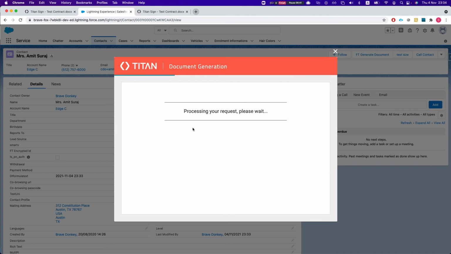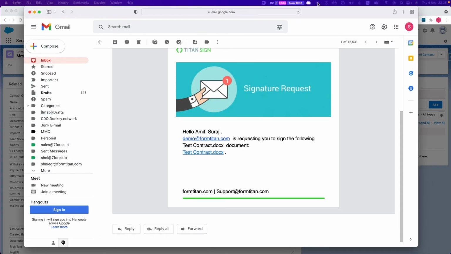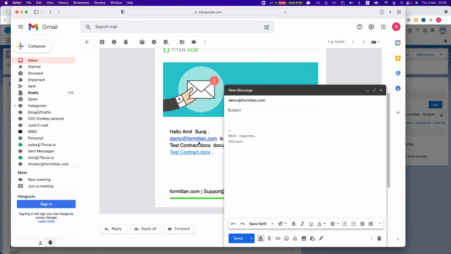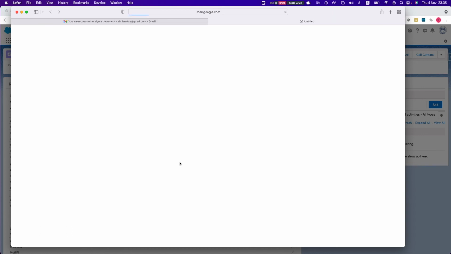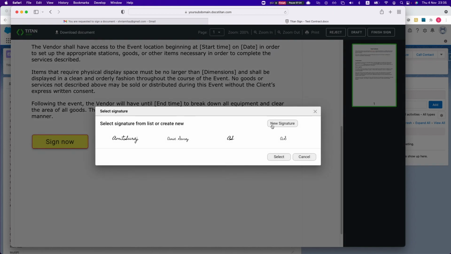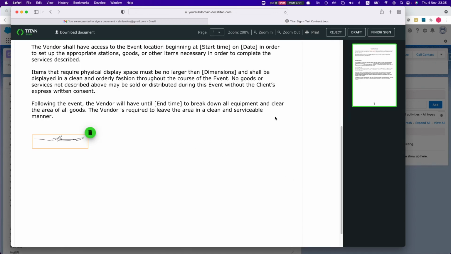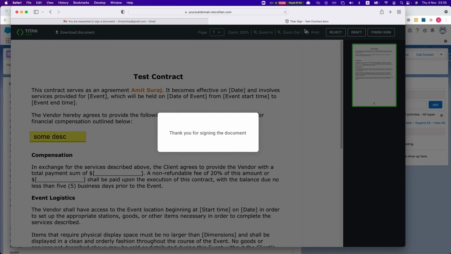Now I will grab that user email, the correct one, and I should get the email in a second, and here it is. We have our link to sign, so I'm gonna click this one, sign the document, and what we want to see happening basically is once the user has signed it, this one was, I think, the description, and this one was the rich text. Okay, some description, and we want to sign it, and we can use the name, or we can just draw something over here, confirm, and finish sign. Okay, so once that happened,